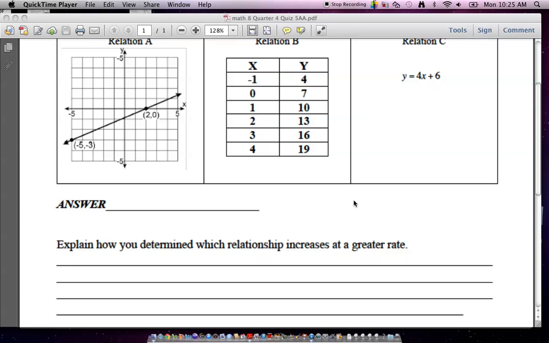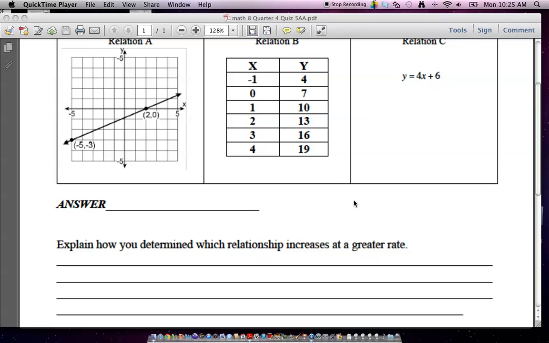Go over the quiz and understand. This quiz is about average rate of change or greatest rate of change over a particular interval. And what makes the question challenging is that you have to know how to find the rate of change three ways in order to get this question right. And based on what I saw,